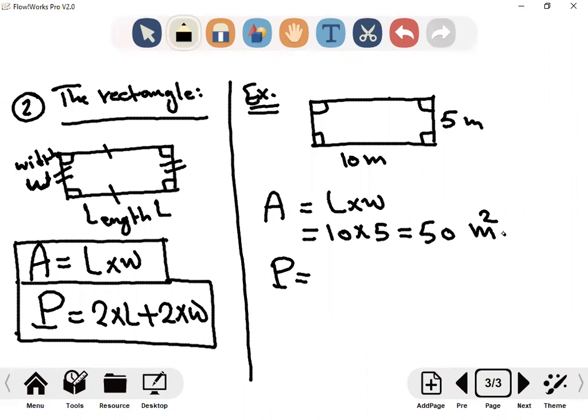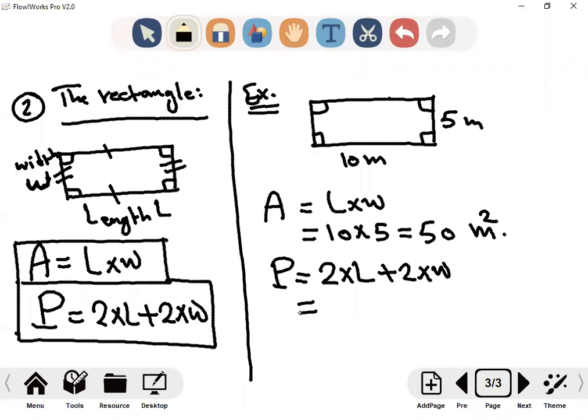But who can help me to find the perimeter here? What's the perimeter? Length multiply 2, width multiply 2. No. 2 multiply length plus width multiply 2. Excellent. 2 multiply length plus 2 multiply width. We write the formula. Then we will make